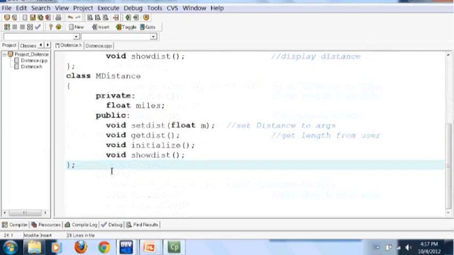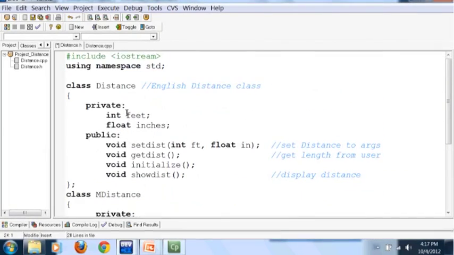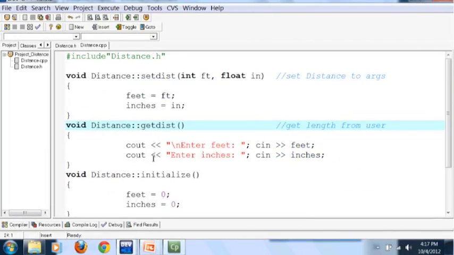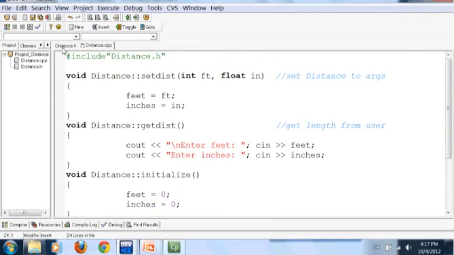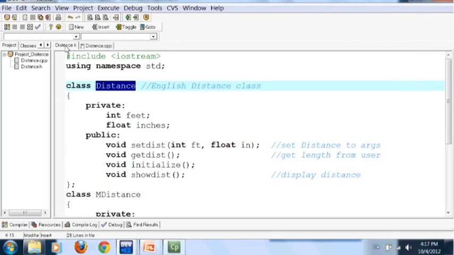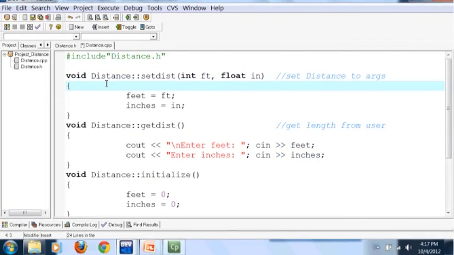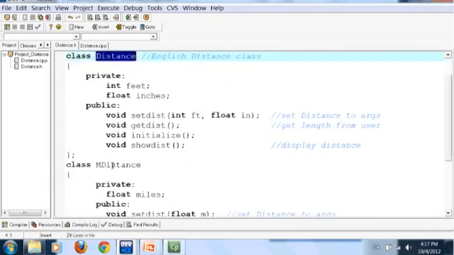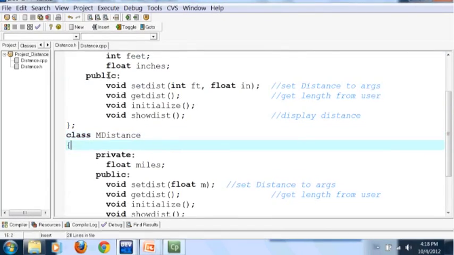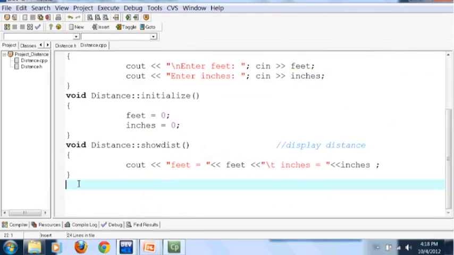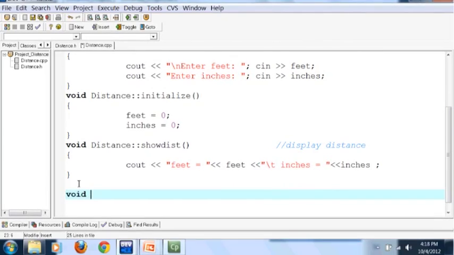Now we have two classes in the header file, right? So in this .cpp file, we have to write the definition of these two classes now, right? ये ज़रूरी नहीं है कि आपने जो क्लास का नाम रखा है वही फाइल का नाम रखें, ठीक है? मैंने फाइल का नाम भी डिस्टेंस रख दिया है, और यहाँ पर आप कहें कि माइल क्लास का नाम mDistance है, तो इससे कोई फ़र्क नहीं पड़ता, right? So you can have void mDistance